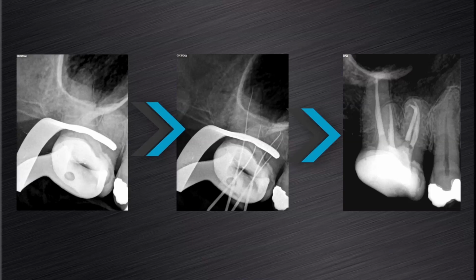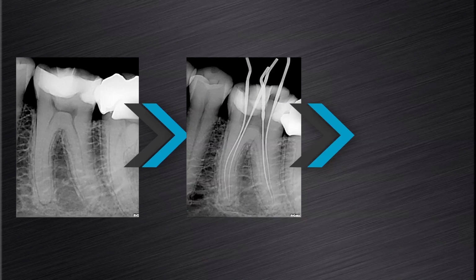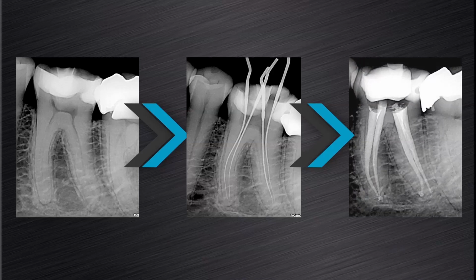Here we see an example of an upper right maxillary first molar with a sharp curvature in the last 3.5 millimeters of the second mesiobuccal root canal system. This anatomy was again maintained after preparation and obturation. In this case, a lower mandibular left first molar that presented with 4 separate root canal systems, the curvatures were maintained in the mesial root canals as well as in the apical part of the distolingual canal after preparation with ProGlider and ProTaper Next.